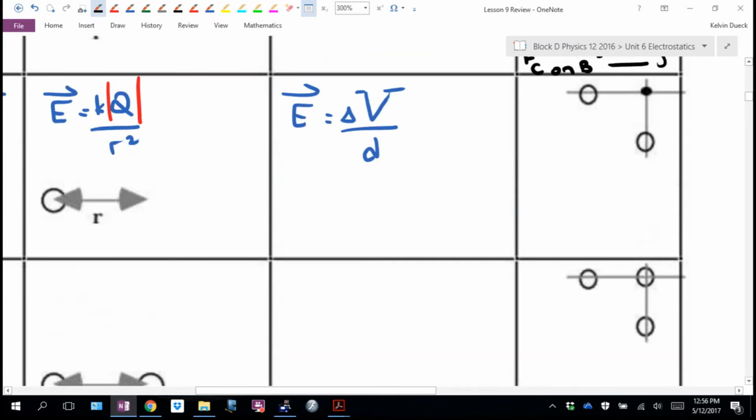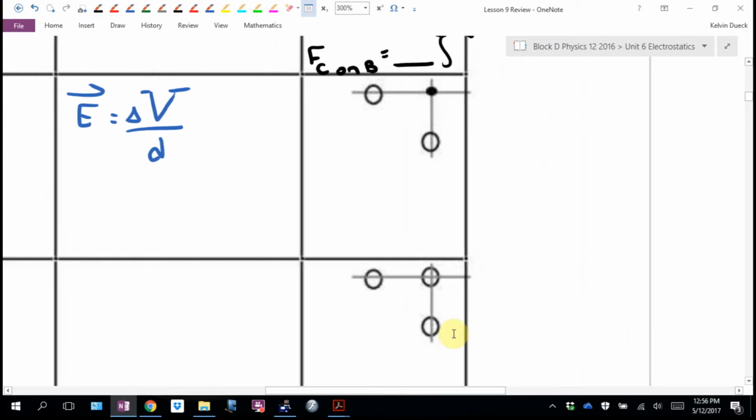Okay. Direction here, from the positive voltage to the negative voltage, because that's which way a positive would want to move if it could. What if I have electric fields overlapping? Now, between plates, I can't do that because I guess I could have a plate inside of a plate, but no, it's going to be one plate. But I can certainly have multiple points on the page. So let's call this location here location X. Let's call this charge A. Let's call this charge B. And if I wanted to find